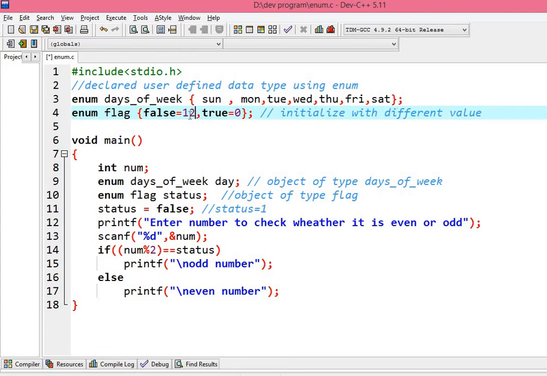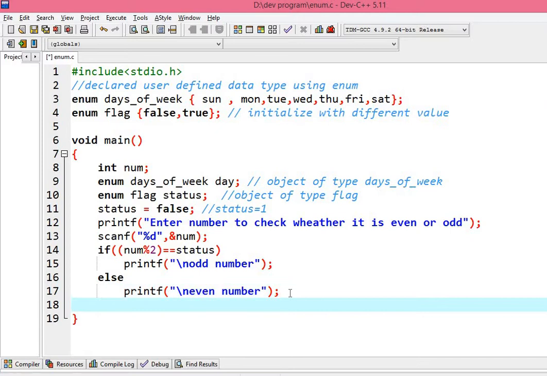For example, I can write 12, I can write 10, whatever, based on my requirement. But if I want to use it as a boolean, then it should be 1 and it should be 0. That is the default value by the compiler itself. So that is how you can use this to implement the boolean type.